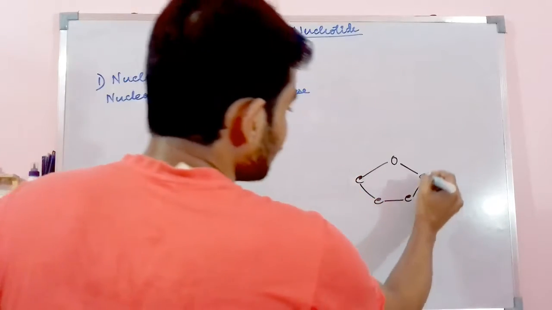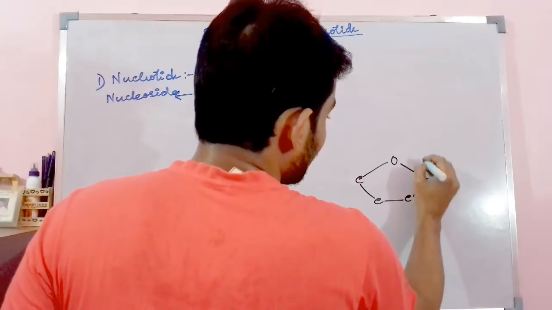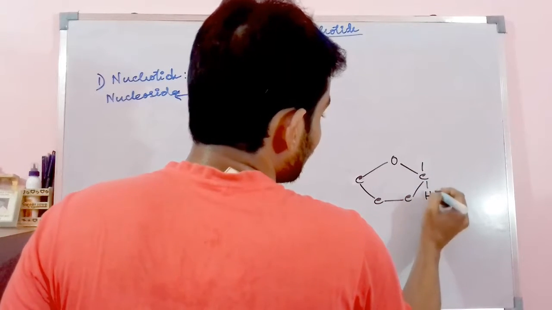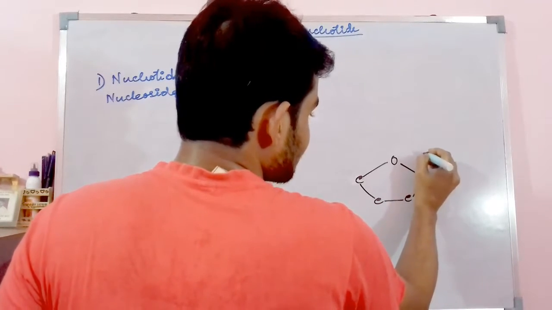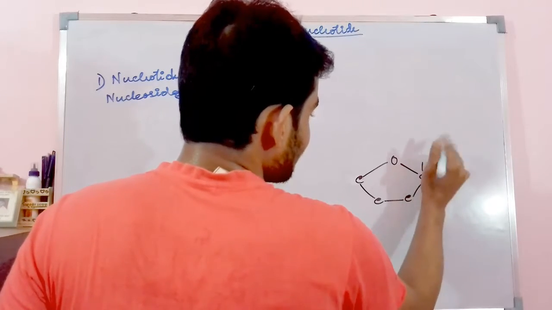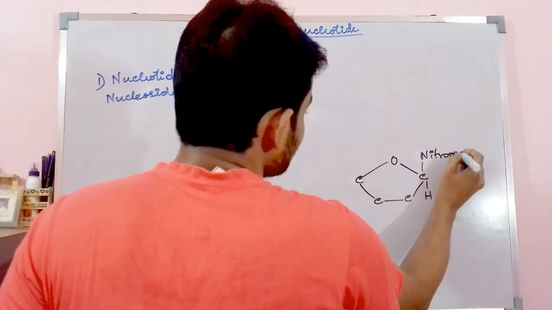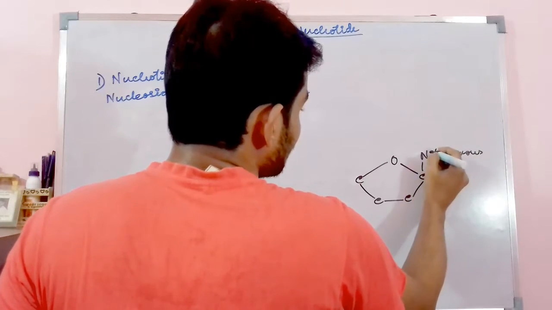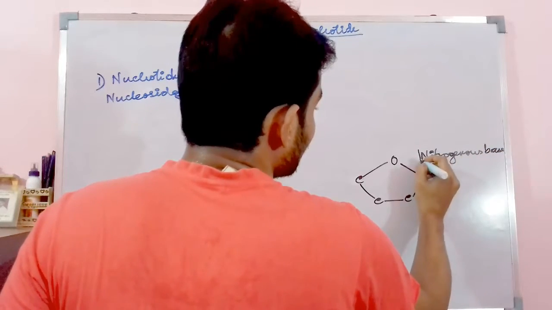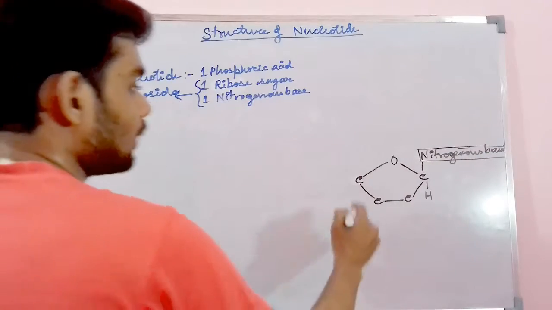And here the aldehyde portion is present over here, the aldehyde group, which is ultimately linked with the nitrogenous base. Let me write first the nitrogenous base, sorry. Let me write it as nitrogenous base. Now here